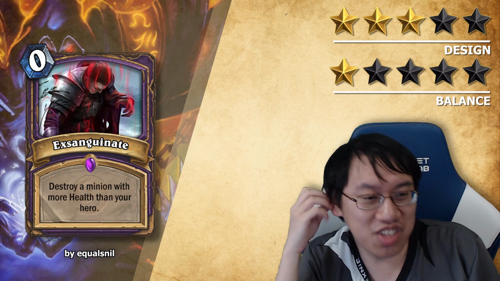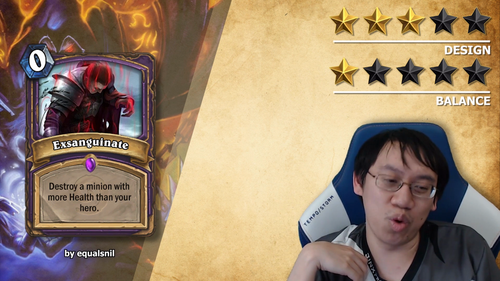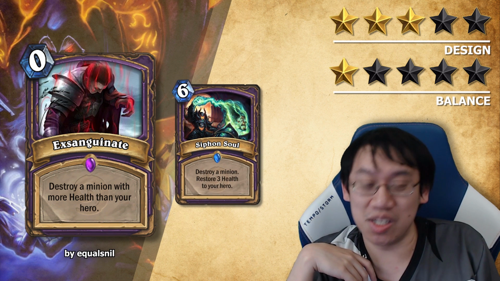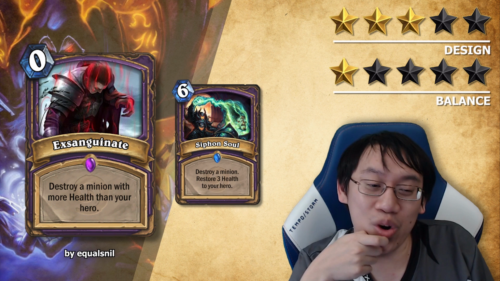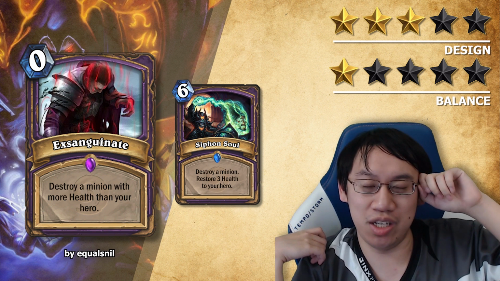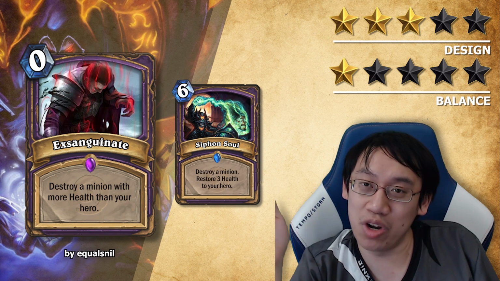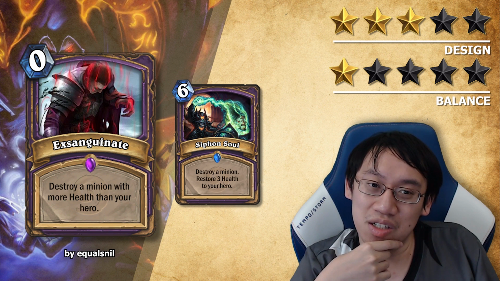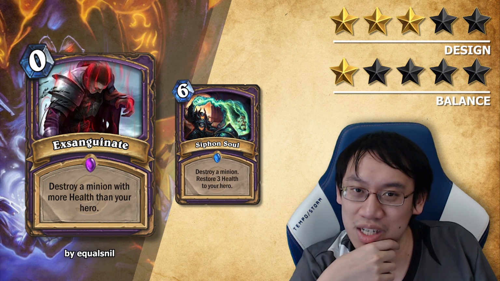Wow. So yeah, certainly you would need a pretty big drawback for that to be balanced, given that the current Warlock removal spell, Siphon Soul, costs 6 mana. And that is quite a drawback, with more health than your hero. In a normal game of Hearthstone, you might not even see a minion which has more than 3 or 4 health, which would mean you'd have to be on the verge of death to be able to